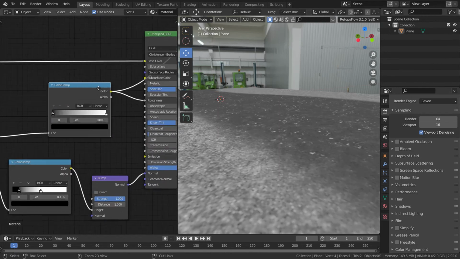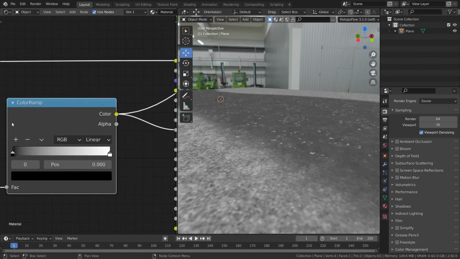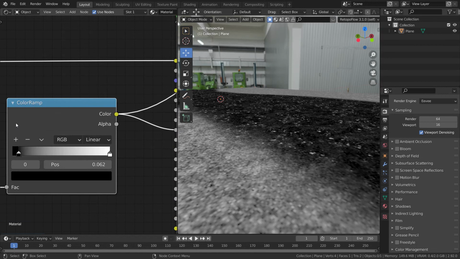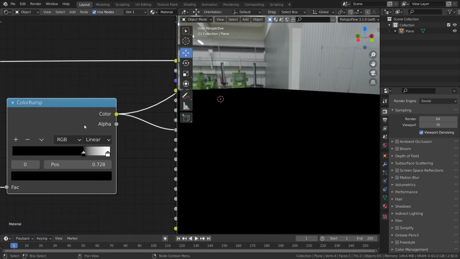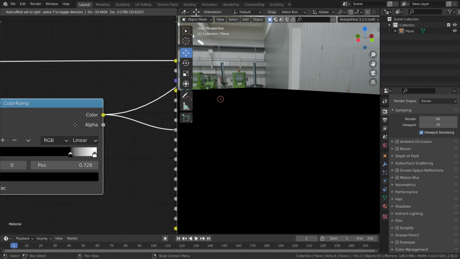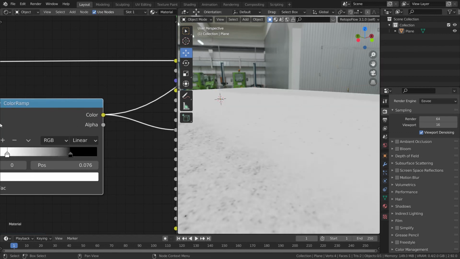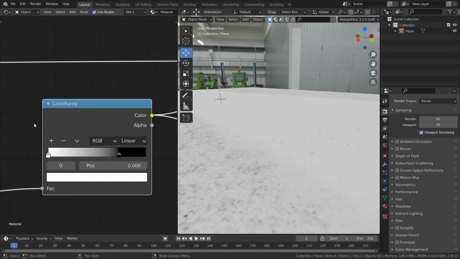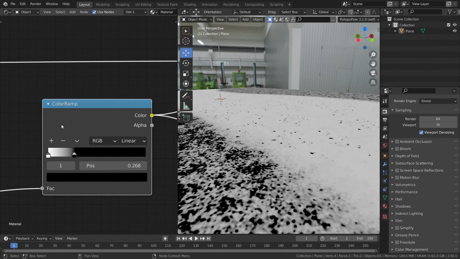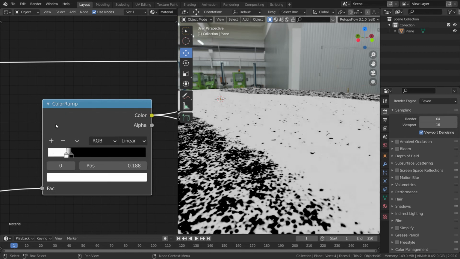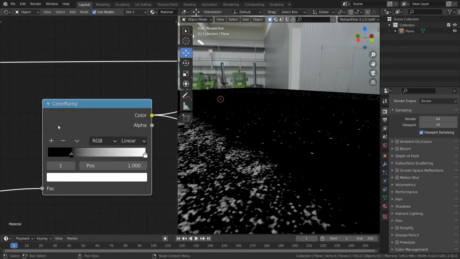Let's take our roughness, and I think roughness looks good, but we can increase the roughness on the dirt. You can also invert everything by just doing this. Just take one socket over there and one socket over here and everything is inverted. There is also a specially made invert node over there in the node groups. Okay, so you can do that as well.